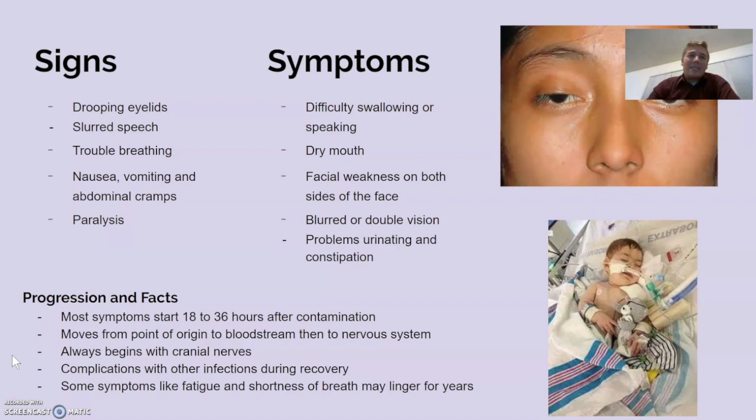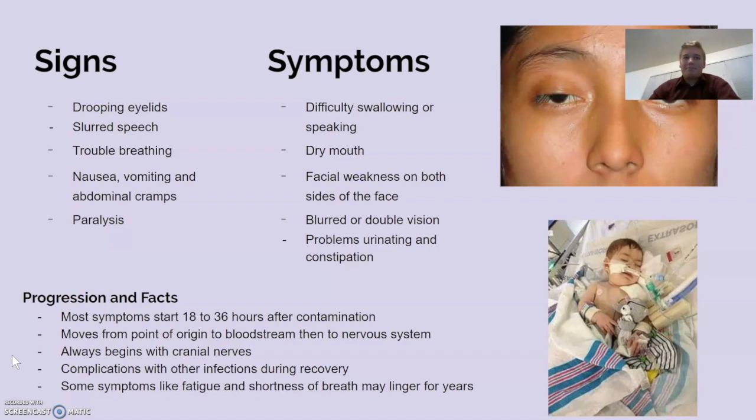Now we have signs and symptoms. When you're infected with botulism, the spores release a neurotoxin, which enters your bloodstream and then goes to the nervous system. And it is proven that it affects the cranial nerves first. So one of the first signs that you'll see are drooping eyelids or slurred speech. Other signs include trouble breathing or nausea. That's usually with food botulism that occurs. And then with all types of botulism, it leads towards